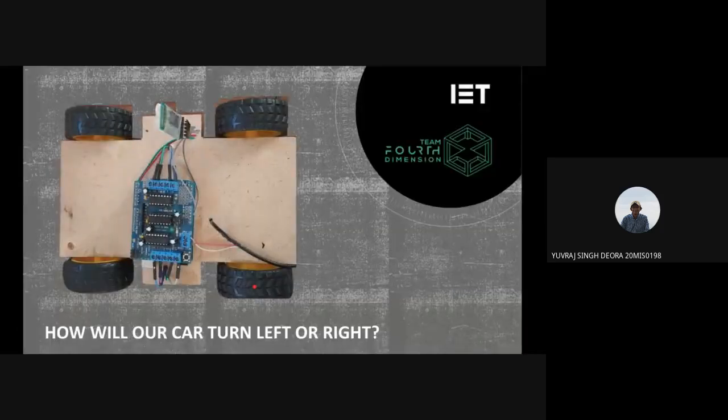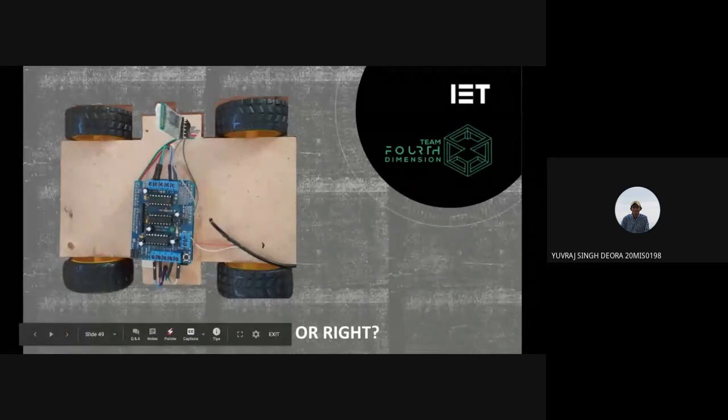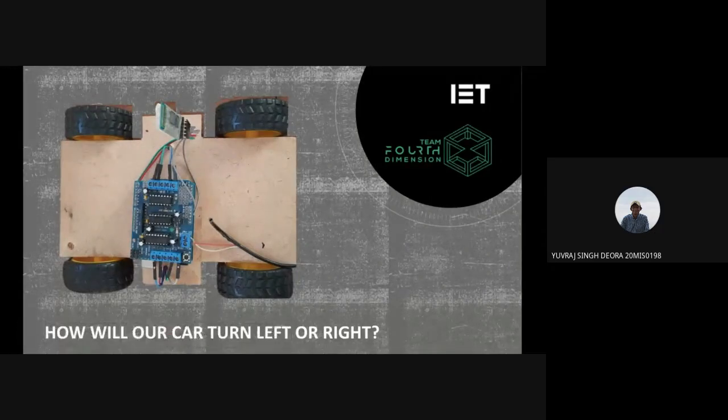If in childhood you have used those toy cars, can you tell how many motors those toy cars have? I want to see how many of you know. And how does this car turn left or right?